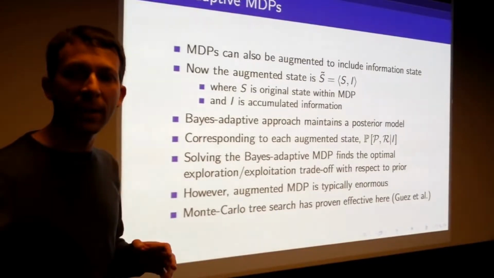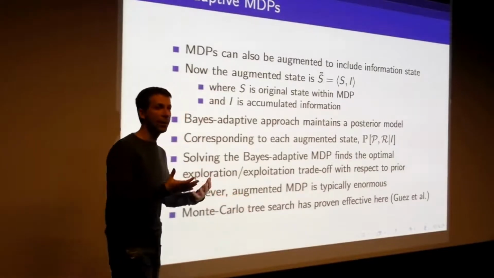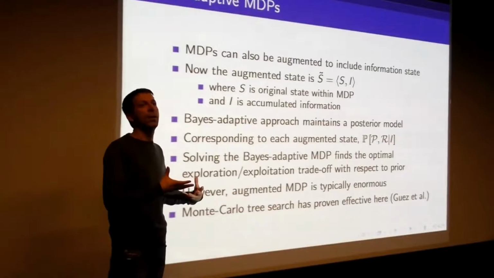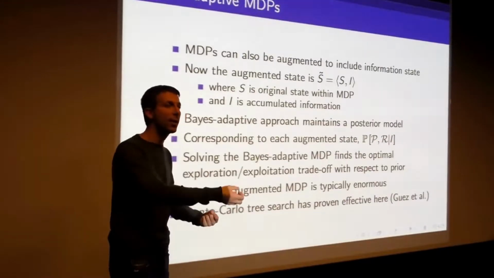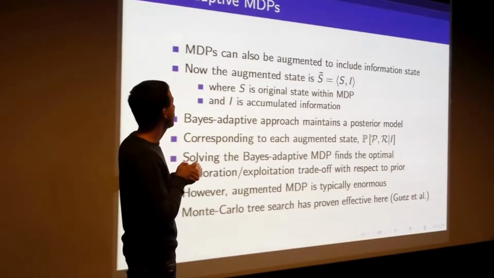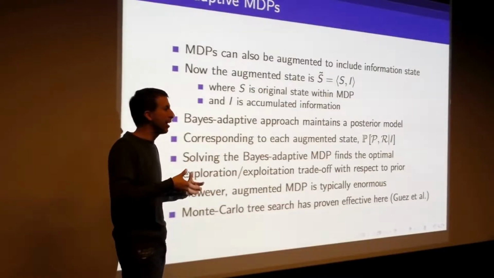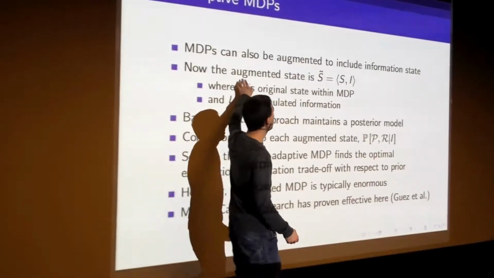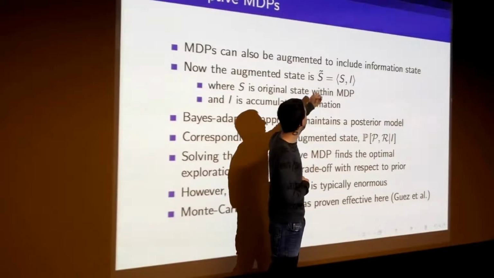Finally, the information state space idea also applies to MDPs. So this is the correct approach. This is the idea where we can systematically say how much information should I gather and what's the value of that information. We can do that with MDPs as well. So in this case, what we do is we start off with our original state space, and we augment that state space to combine it with information. So we basically say we're going to invent a much bigger, more complicated MDP in which our new state